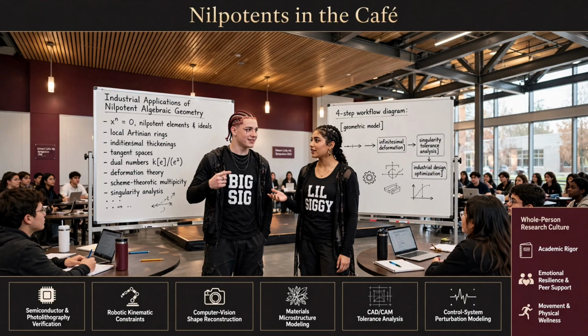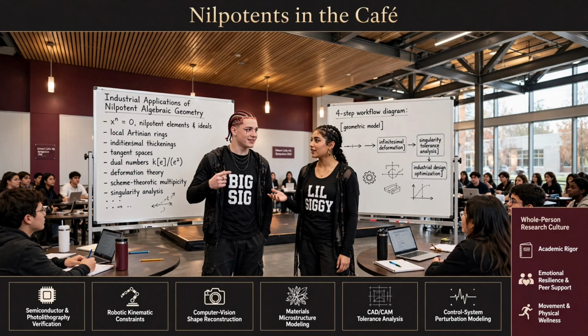Considerably. So dual numbers with one epsilon give you the first derivative, the gradient. But if you need the second derivative, what we call the exact Hessian matrix, which describes the multidimensional curvature, Right. you construct hyperdual numbers. You introduce two distinct nilpotent variables. Let's call them epsilon 1 and epsilon 2. Okay. You set the rule that epsilon 1 squared is 0, epsilon 2 squared is 0, and crucially, their combined product epsilon 1 times epsilon 2 squared is 0. Oh, I see. This builds a second-order tangent bundle. And if you need to calculate hundreds of multivariate high-order derivatives simultaneously for, like, a massive neural network, you scale up to a full jet algebra.